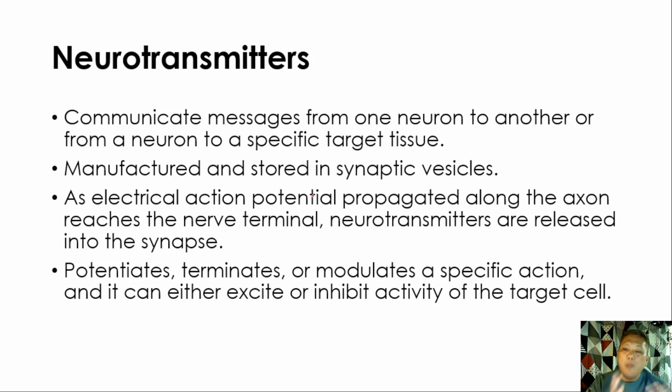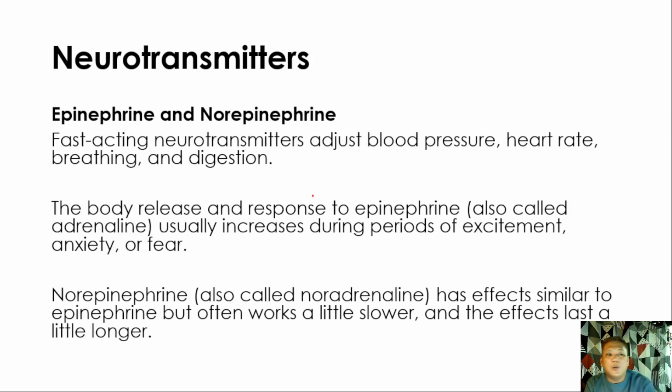So, ibig sabihin, yung movement natin, dyan sila yung responsible. Yung responses natin. So, dyan siya lahat dumadaan sa neurotransmitter na yan. So, ibig sabihin, kapag may problem sa neurotransmitter, may nasira, yung, kumbaga sa text message, di ba? Or sa messenger, di ba? Pag nagkaroon ng problem doon sa server, di ba, hindi agad nakakagaling yung message. So, ibig sabihin, si neurotransmitter, siya yung responsible doon. Pero sobrang bilis niya kasi in just a snap, di ba, alam mo na agad kung natusok ka, kung in pain ka, di ba, nasesend na agad yung signal.